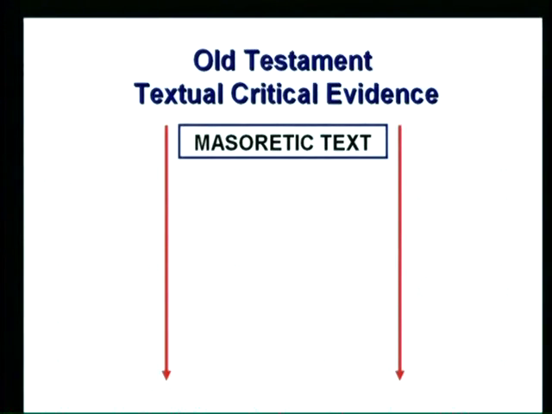When we deal with the Old Testament textual critical evidence, we want to place it within a time continuum and a sense of priority of the evidence. So let's start with the Masoretic text, the Hebrew text. And you could put in here proto-Masoretic text because basically the Masoretic text has testimony back through time that demonstrates that the text as we now have it is essentially the same text that was there 300 years before Christ for both the Septuagint and for the Qumran scrolls, for the Samaritan Pentateuch,